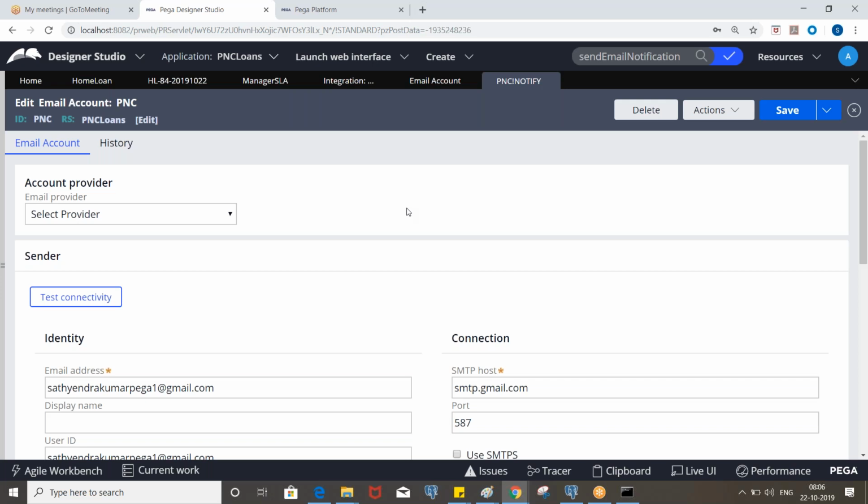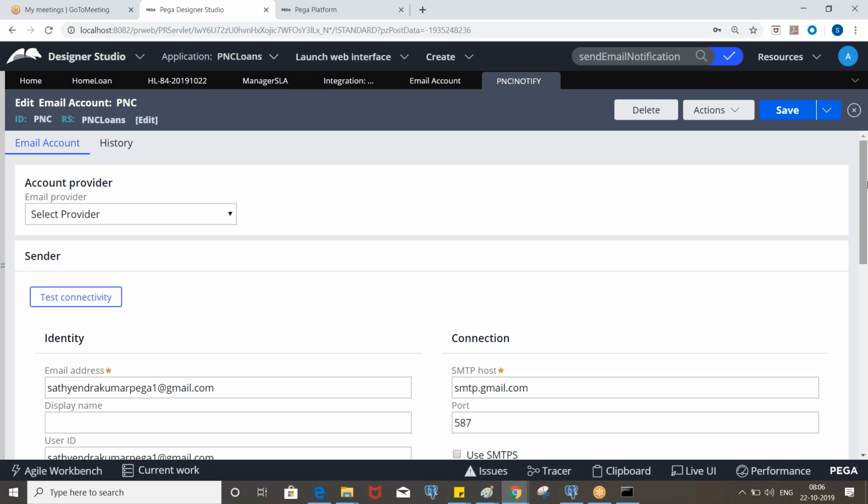And we also have a smart shape, send email, and we can use that as well. Let's say we have a flow, and when it reaches a certain shape, a certain stage, you need to send an email. So we have the send email smart shape where we need to pass some parameters. But if you want to send an email through SLA, we cannot use the flow shape, right? So we must call the activity.